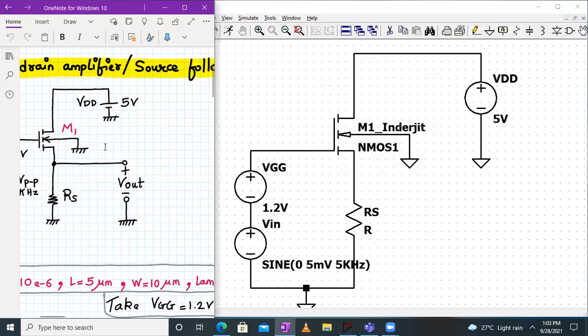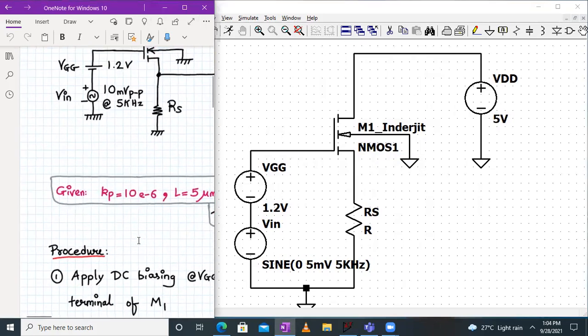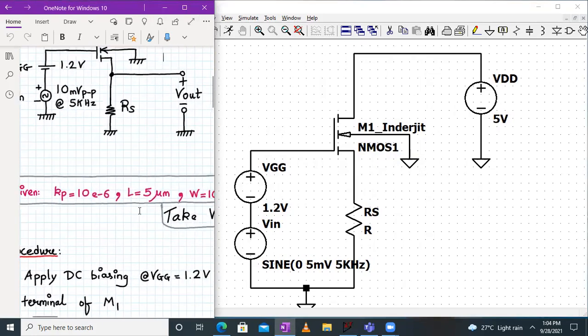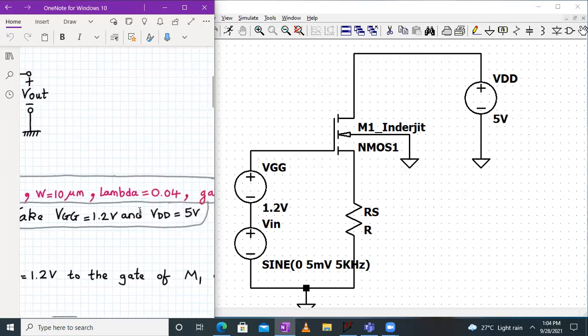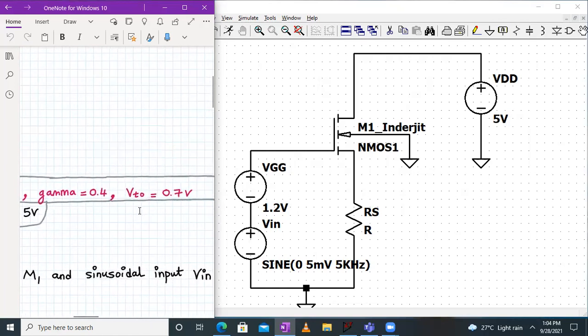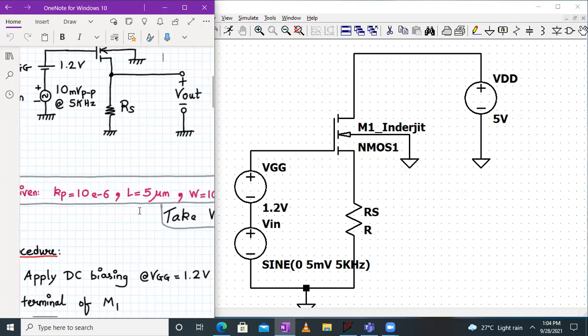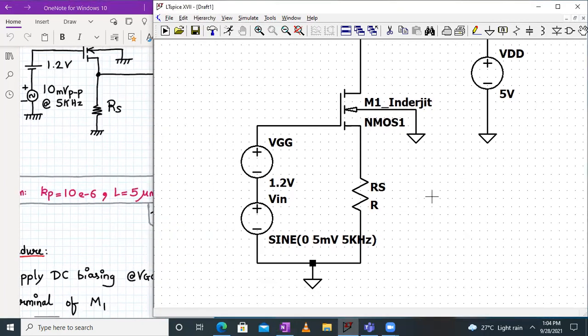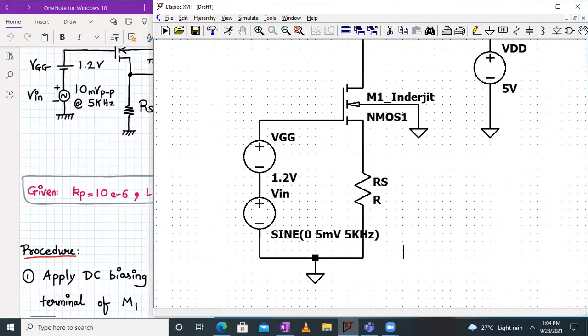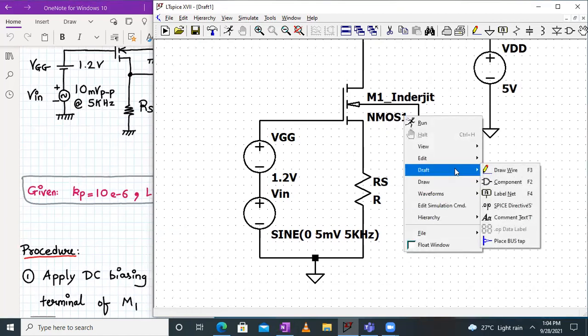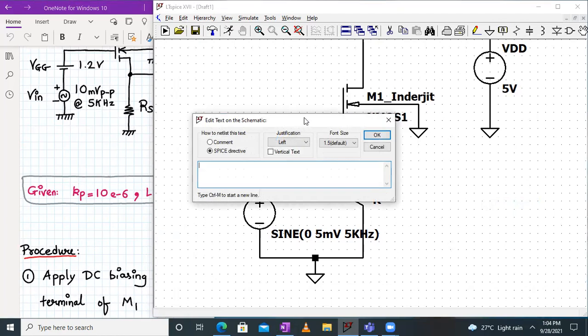And now I will check out what all things are required. So here the KP value is given, L is given, W is given, lambda is given, gamma, VTO is given, right? So we'll add all those model parameters using the .model statement. So I'll right click over here, go to draft, go to SPICE directive and start writing the statement.